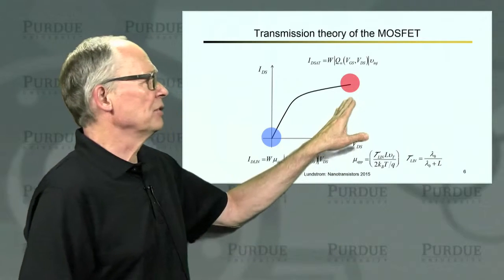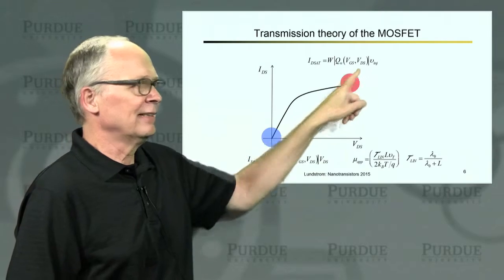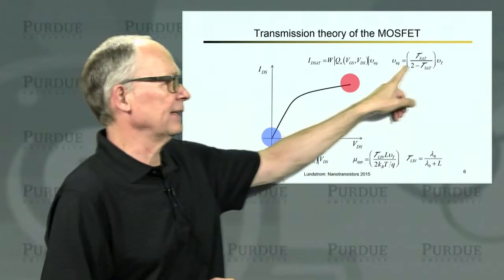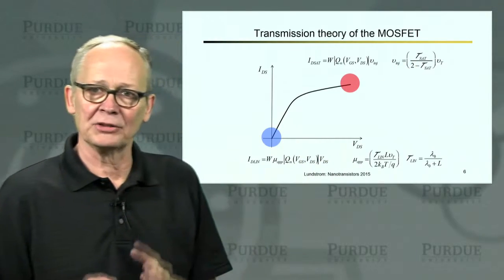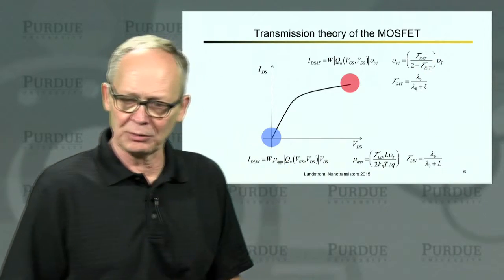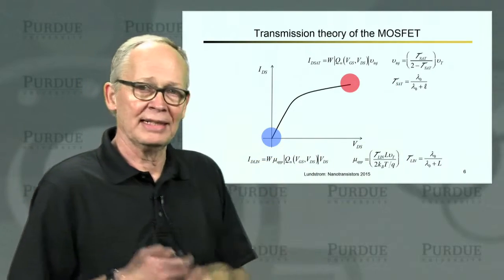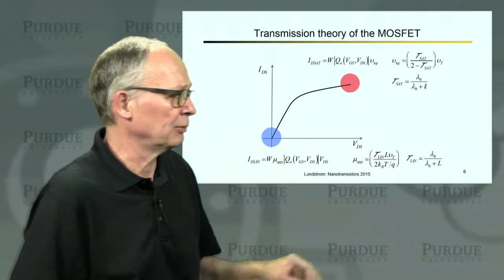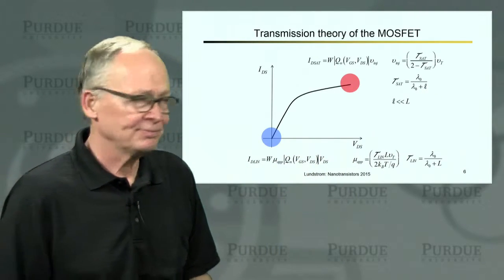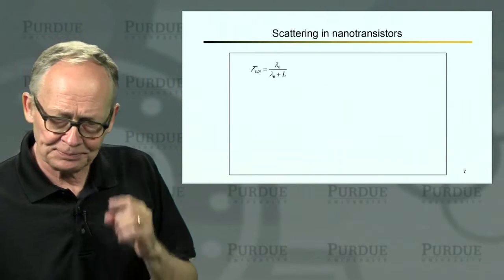Now, in the saturation region, we had an expression for the current: width times charge times something we call injection velocity. And the injection velocity is related to the transmission under the saturation conditions and to this ballistic injection velocity, or thermal velocity. We had an expression for that transmission in saturation. Again, it's related to the same mean free path for backscattering and to the length of this little bottleneck region that we just talked about. And that little bottleneck region is a small fraction of the entire channel length.